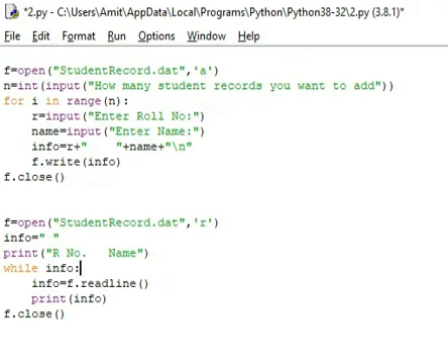I have shown you some examples and some topics: how to read, how to write, how to open the files. Let us do some changes here. Suppose I don't know how much data is already there. So first of all I need to check how much data has been entered.